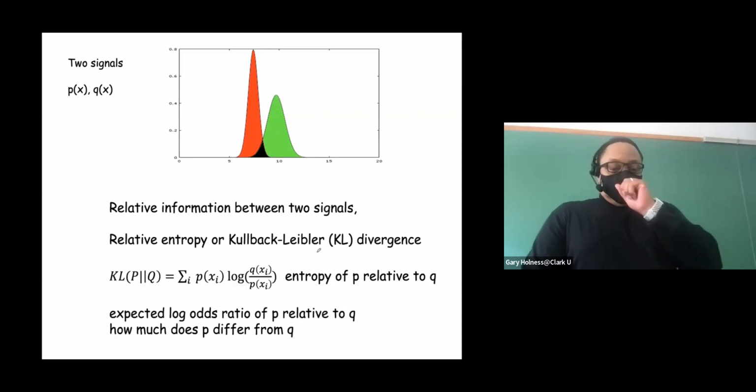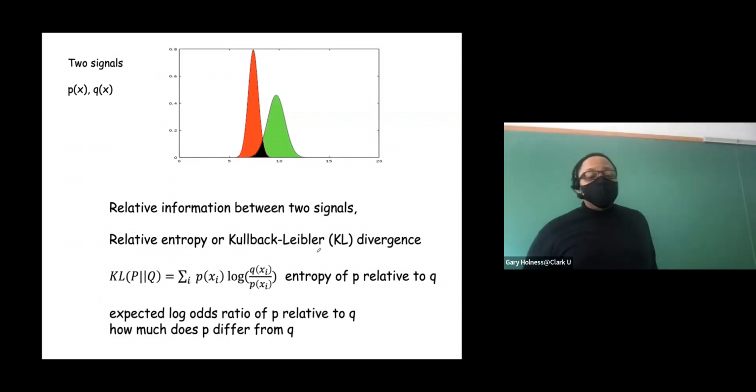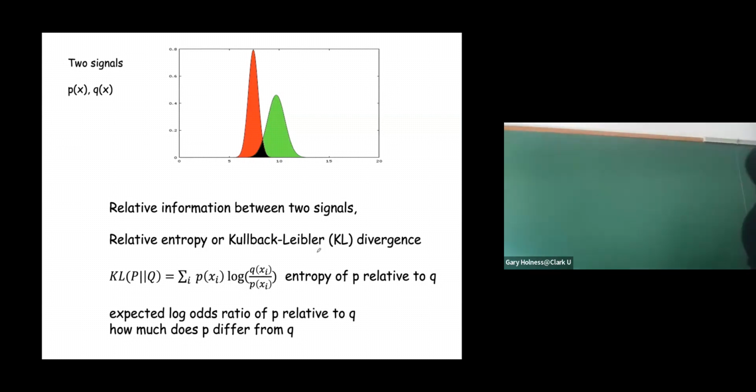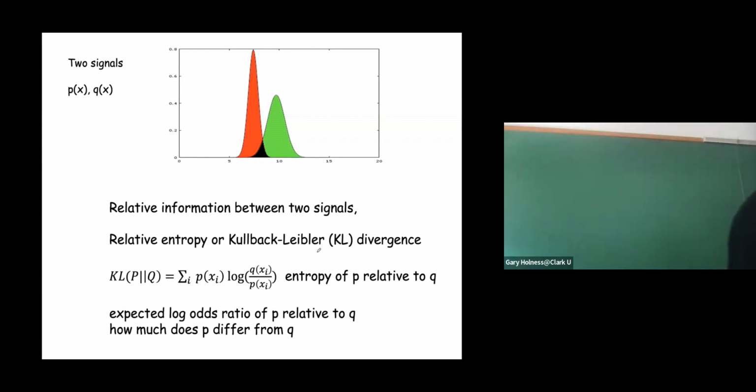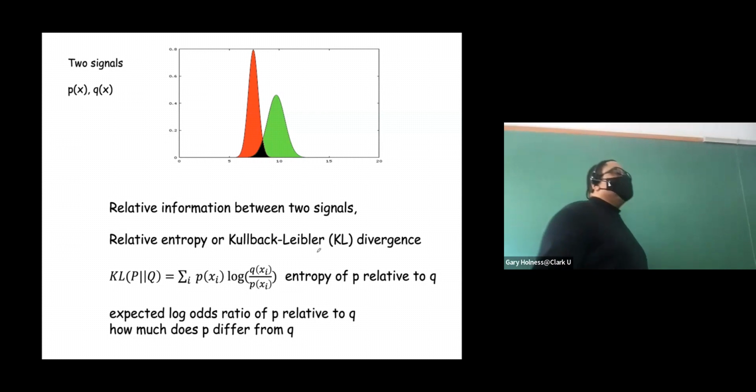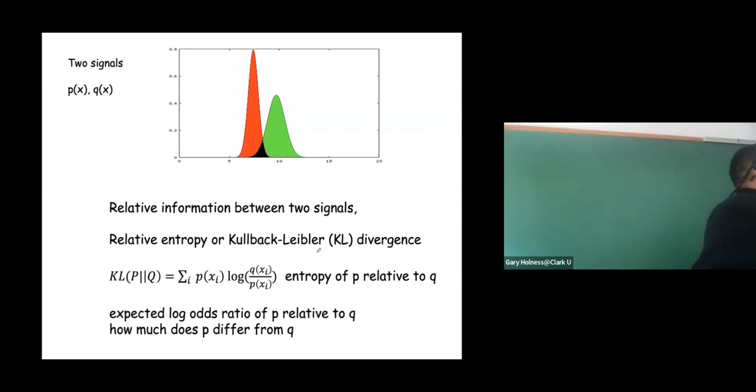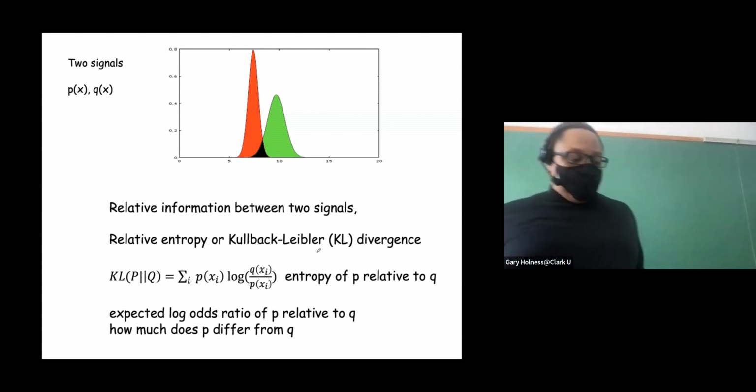No? Excuse me. And so there's a notion of the distance, if you will, or the relative importance of information between two different signals or two different distributions. If you have two different systems, you want to know how different they are from one another. The so-called Kullback-Leibler divergence is a measure that uses this importance weight in its expectation to talk about the distance or the difference between two signals or two distributions. Does that make sense?